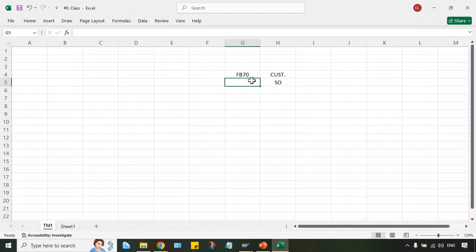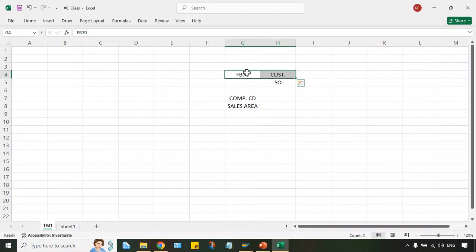Okay. So generally what happened, we have a customer master. In that customer master, we have two different segments: company code segment and sales area or sales organization segment. Okay, these two segments will be there.